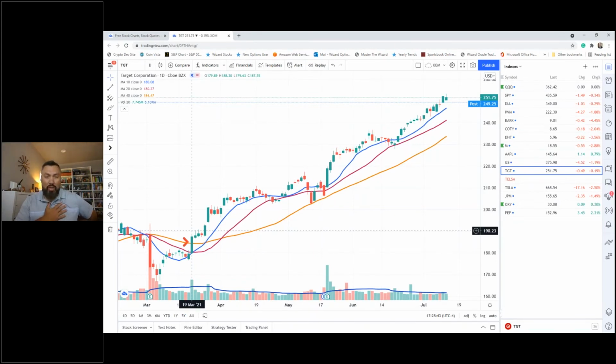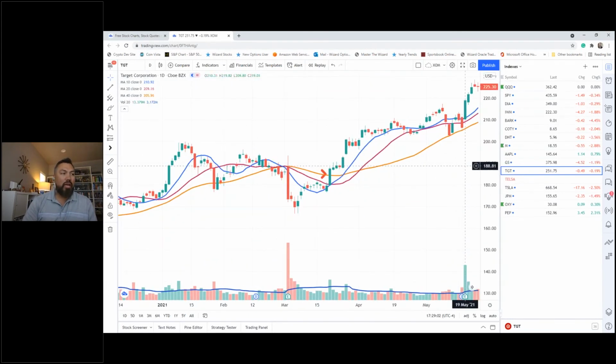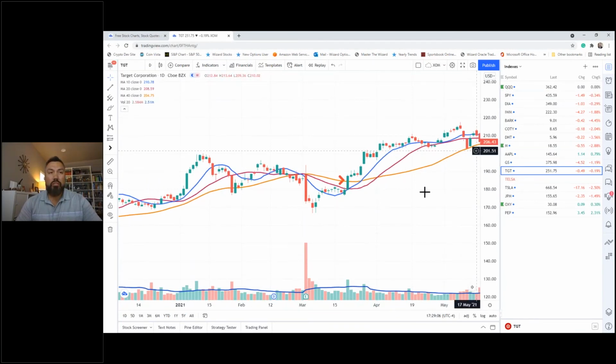If I'm a buy side trader, most people are only on the buy side, meaning you're buying the stock or you're buying an option, you're buying a call. Most traders, retail like you and I, are on the bullish side rather than the bearish side. So if you look at the buys this year, you really only have 2 trades on Target. 2 trades,